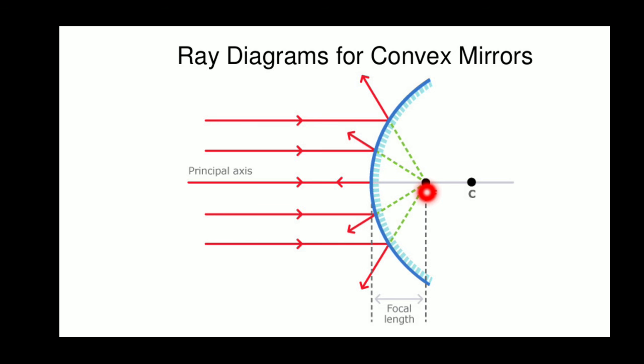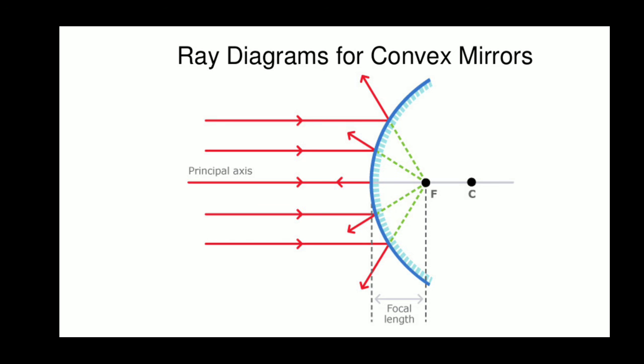But here it is a virtual image, but in a concave mirror, it is a real image. Are you clear? It's a virtual image. And children, while you are drawing, it should be a single straight line. You should not break the line. You see, everywhere the line is drawn as a single straight line, dotted on this side. Okay, so the first case I have taken is object at infinity.